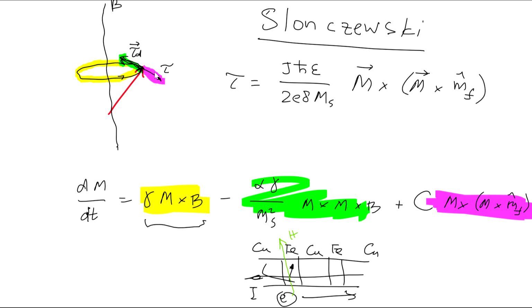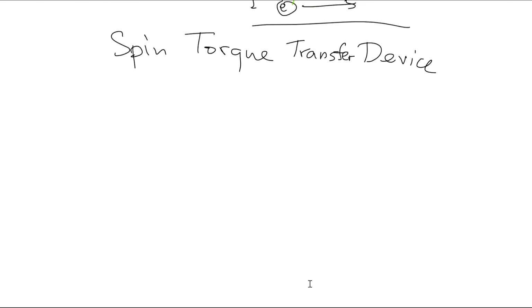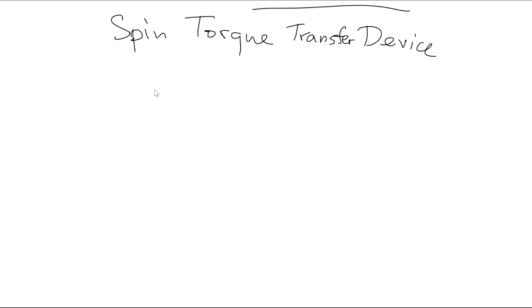So we will pump energy by the current. And in this case, you'll have steady precession of magnetization. If you look at this, we need spin transfer torque, STT. If you want spin transfer torque equal to negative damping torque, then we would need to drive,